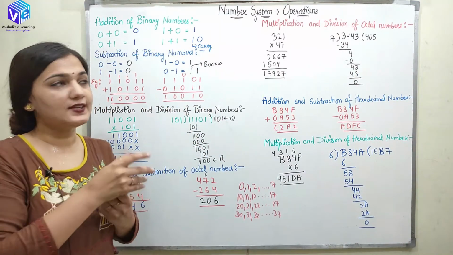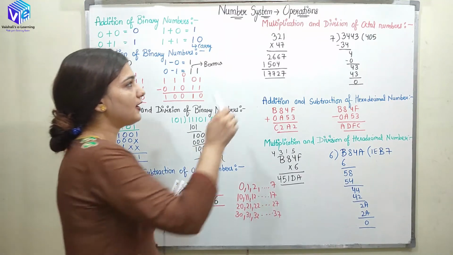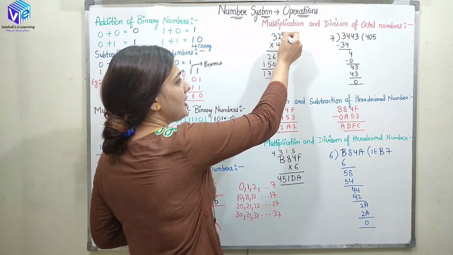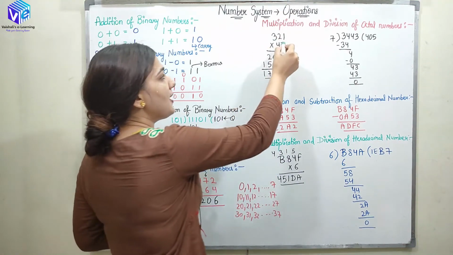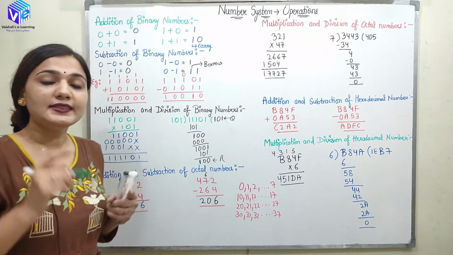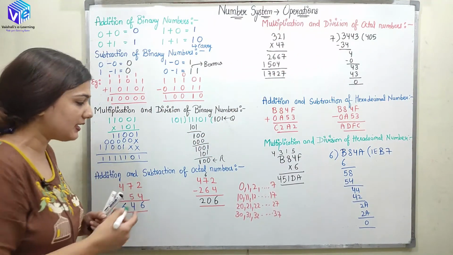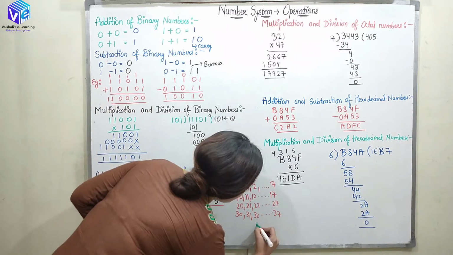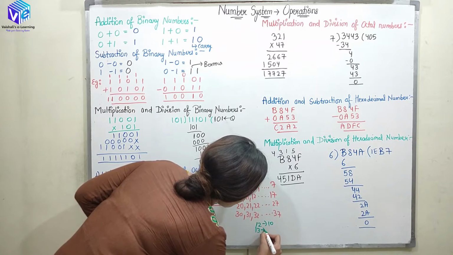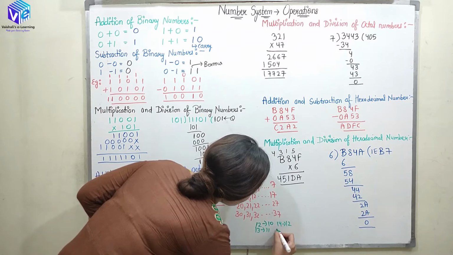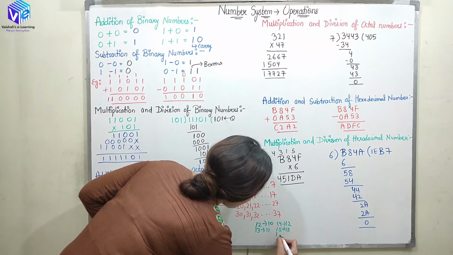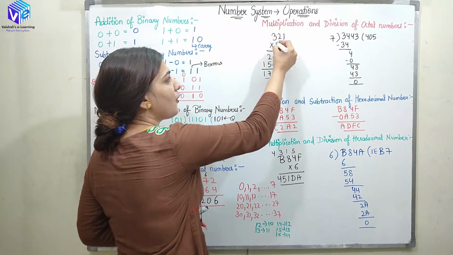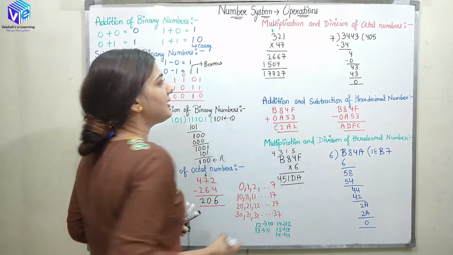Coming to the multiplication and the division with the octal number system. So now here, if I have this 7 over here, 7 is multiplied with 1 and I will be getting 7 as it is. Now here 7 is multiplied with 2. In the decimal equivalent, I am going to get 14, and the 14 is represented over here as 16. 12 was 10, 13 was 11, 14 was 12, 15 was 13, and 16 is 14. So we represent 16 as 14, right? So here we will be having 1 as the carry.